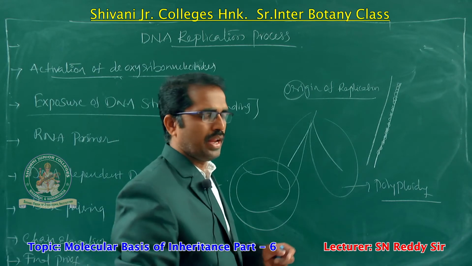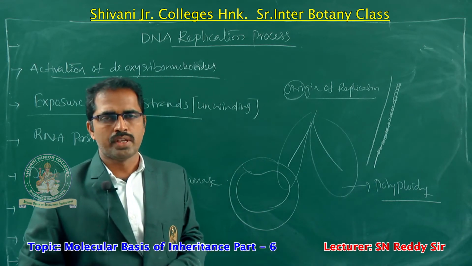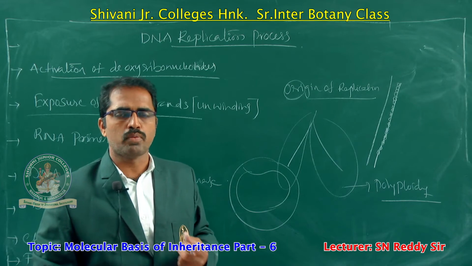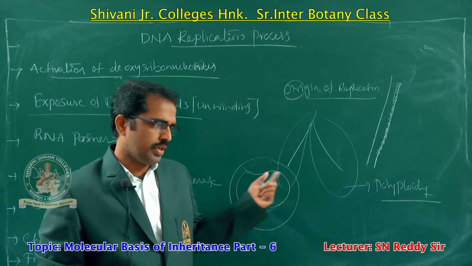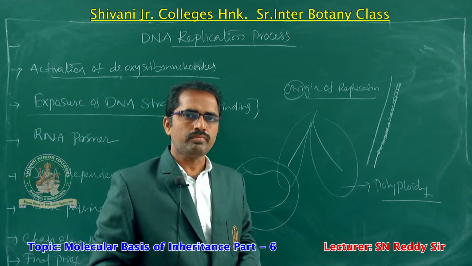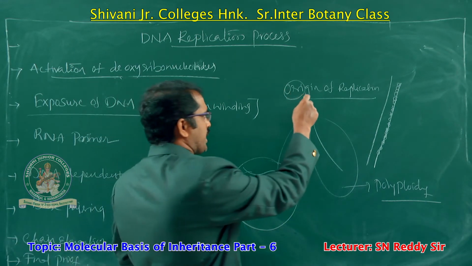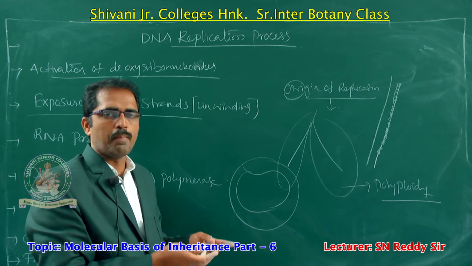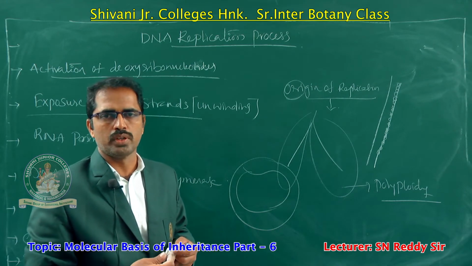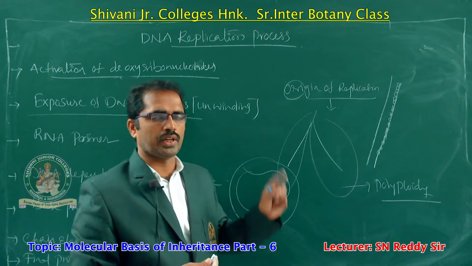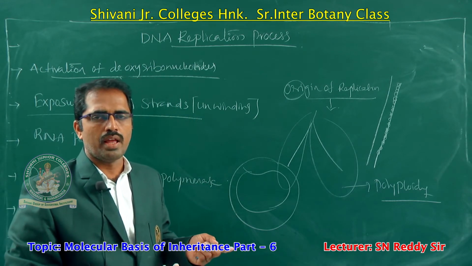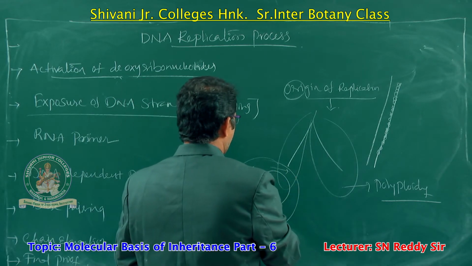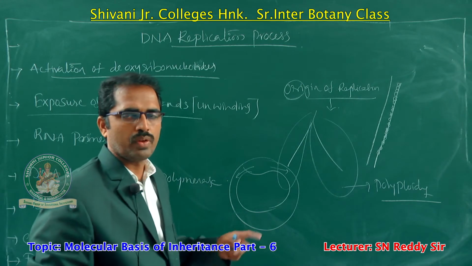Okay. In eukaryotic organisms, the length of the DNA is very long. So that's why multiple ori sites are observed in eukaryotic DNA strands. Here the ori site in prokaryotes is only one, in eukaryotes there are many. Multiple origins of replication sites will be observed. This replication direction may be unidirectional or bidirectional, but most of the time from the replication point it will be bidirectional actually.